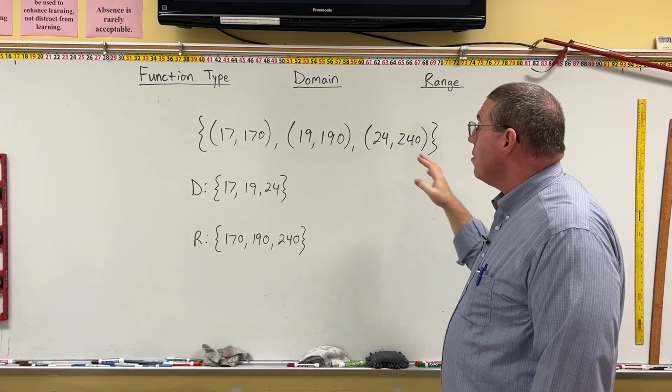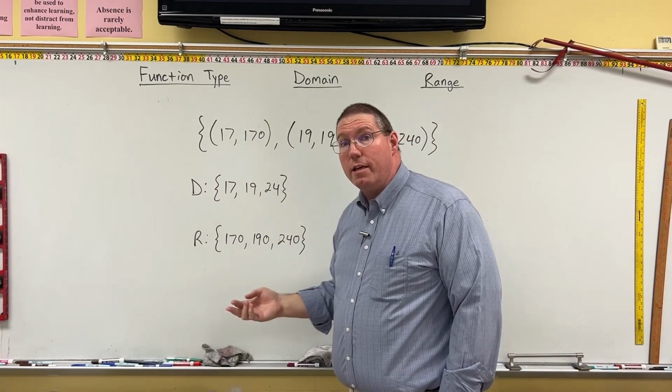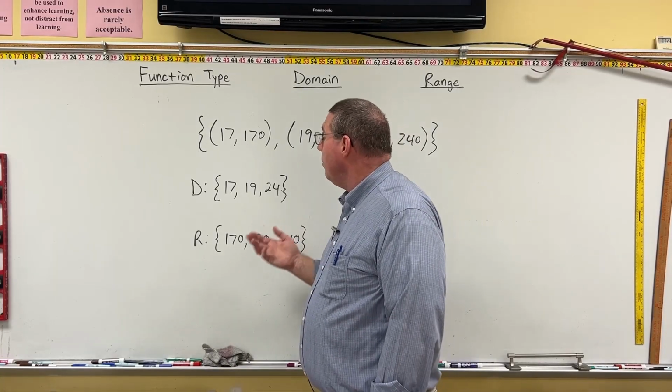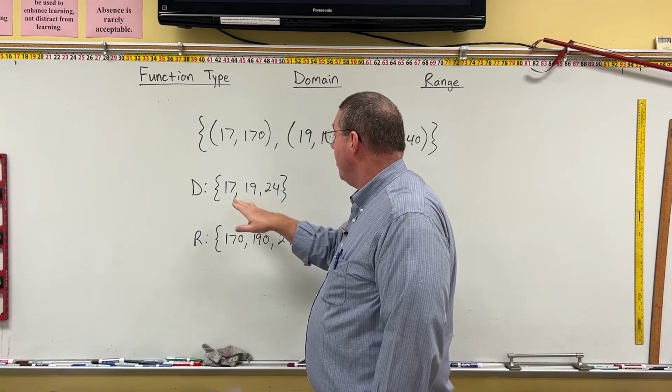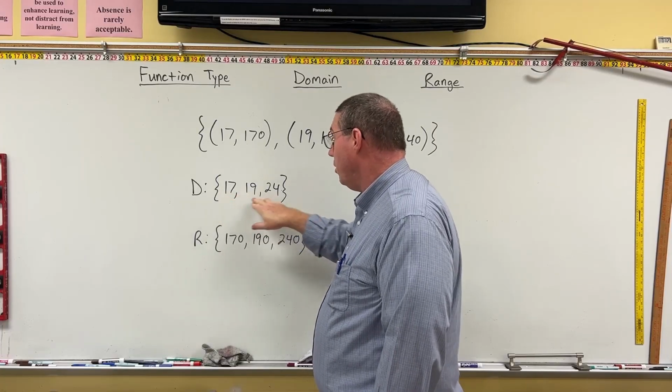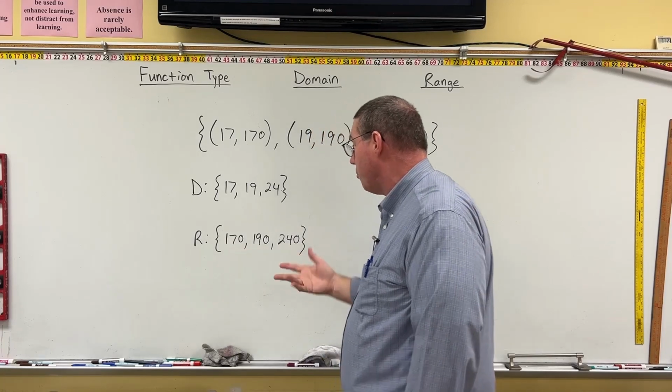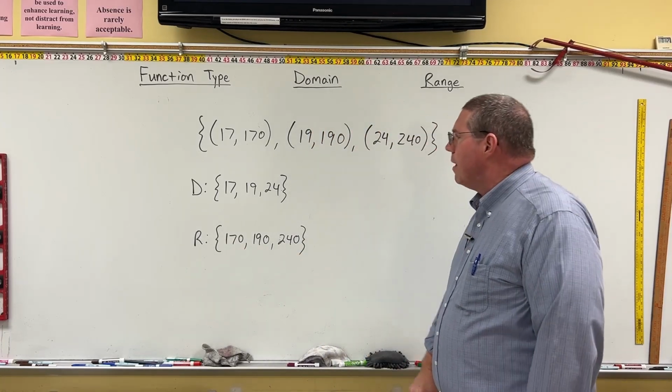But this is what's called a discrete function. A discrete function means that there are a limited number of inputs. Right here, there's only 3 inputs, and there are a limited number of outputs. In this case, only 3 outputs. And so,